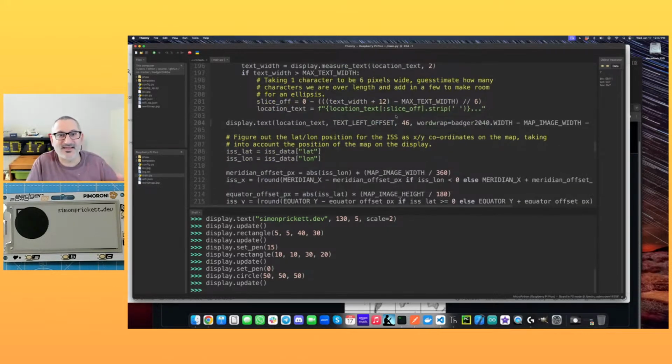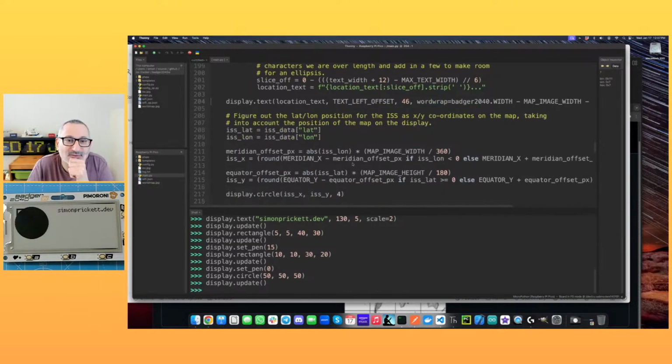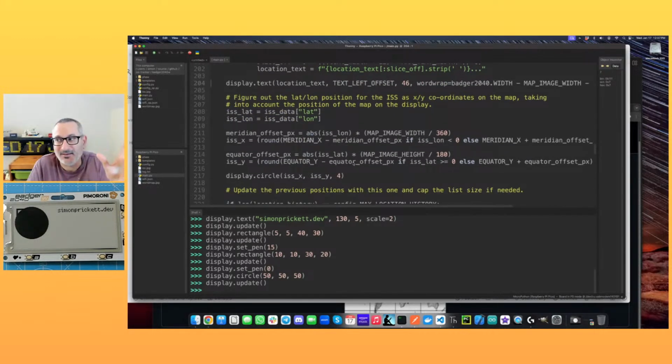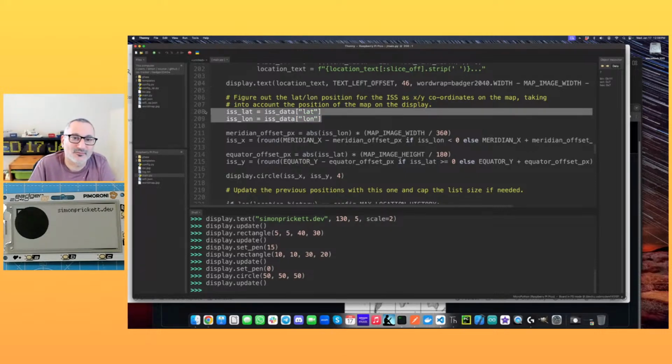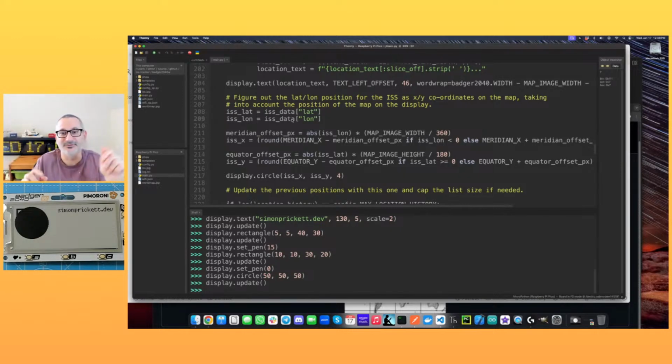So that's all the stuff with text. Then the final thing that we need to do is put a dot in on the map. So we rendered the JPEG, and that's just in the XY screen space. So somewhere over that map, we need to put a dot for where the ISS is. We need to do this translation of, we've got a latitude, longitude, so a minus 180 plus 180 and a minus 90 plus 90. And we need to work out where that is on our map and then where our map is on the screen to drop the